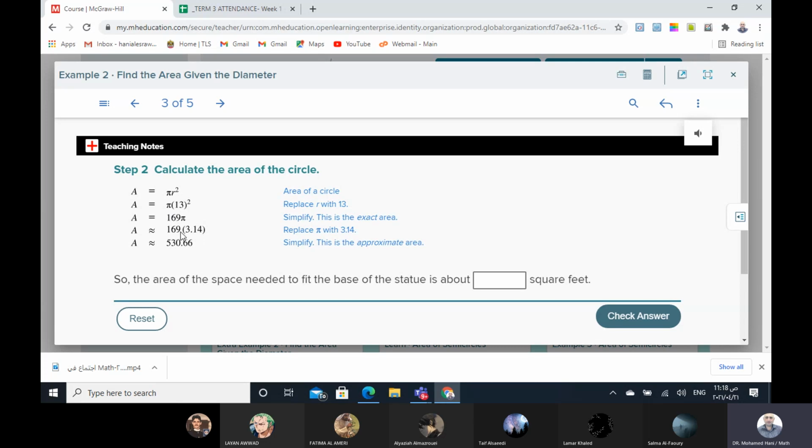Now 169 times 3.14 will be 530.66. So the area of the space needed to fit the base of the statue is about